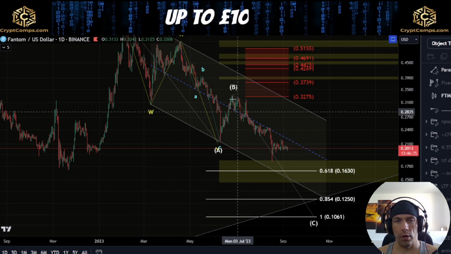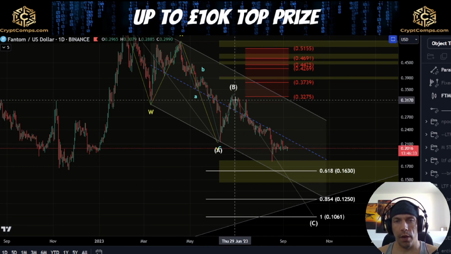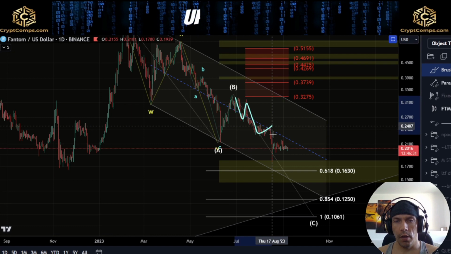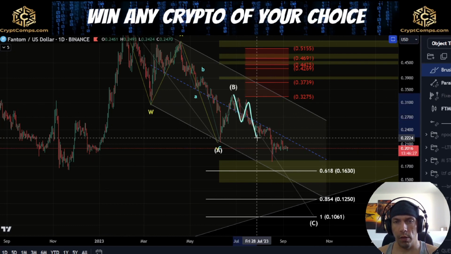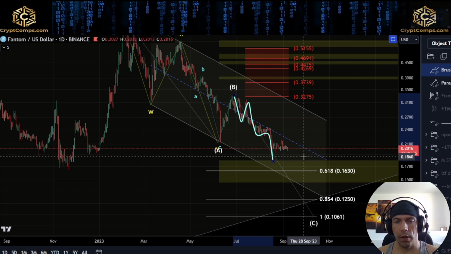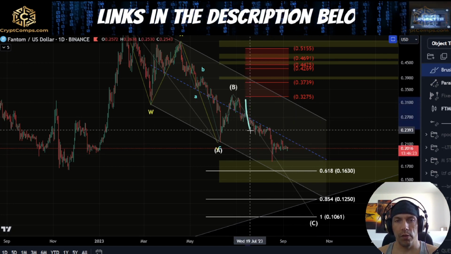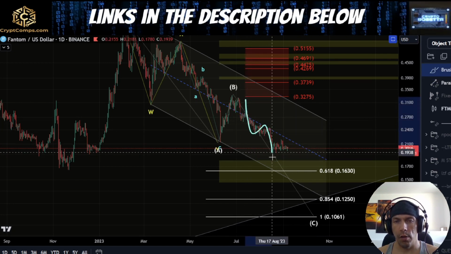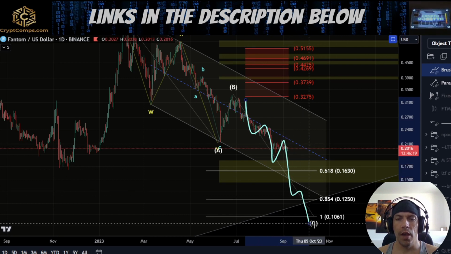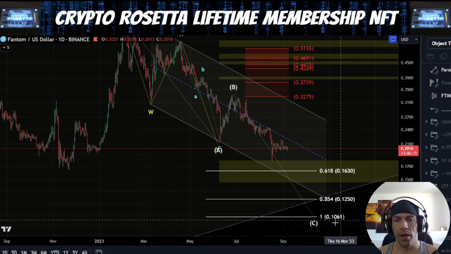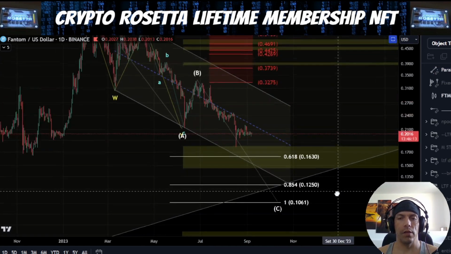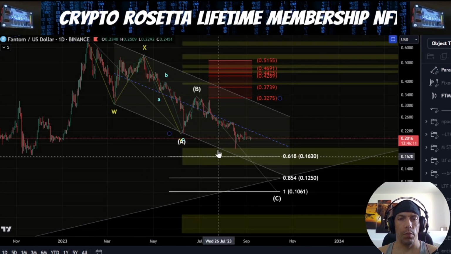5 wave structure down. And the problem that we have here is that we can potentially count this as a 5-wave move where we've had 1, 2, this is a 3rd, 4th, and a 5th, and then it's completed. But it is also possible that there could be extension in here where we have a series of 1s and 2s, and then we start to look to break down deeper. So this C wave target is actually down here at this 1061 level, and I'll be keeping an eye on